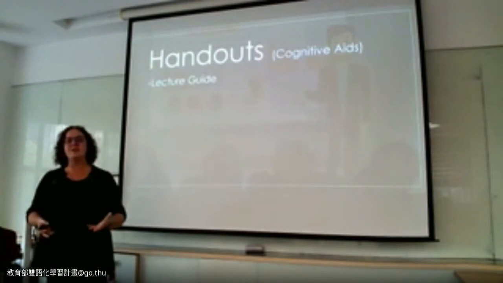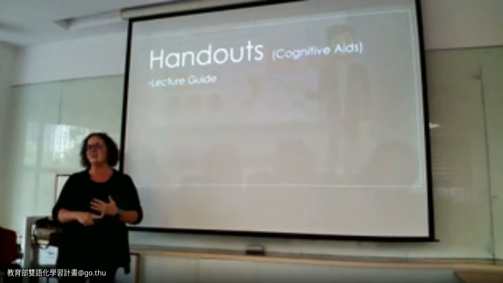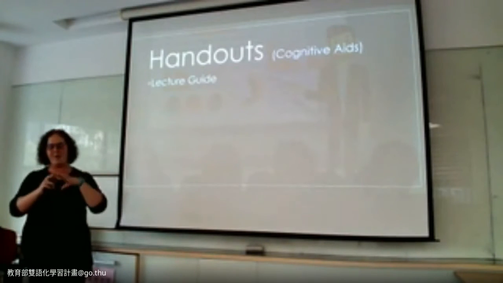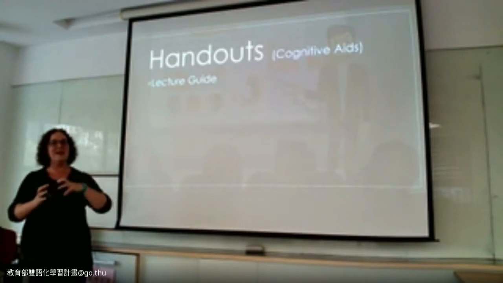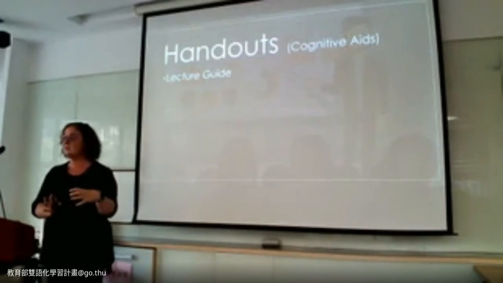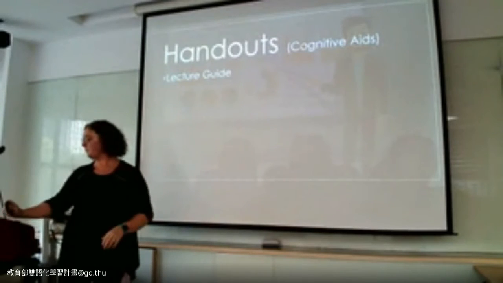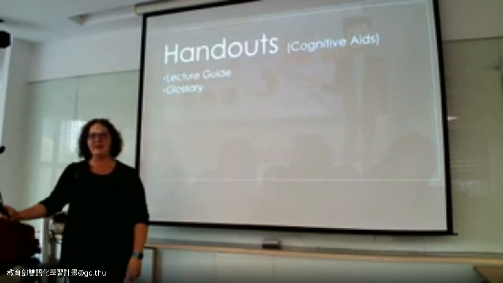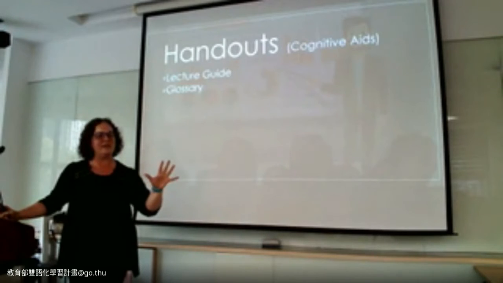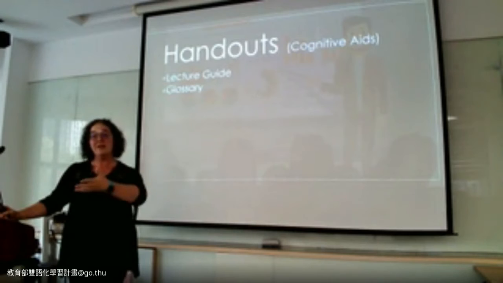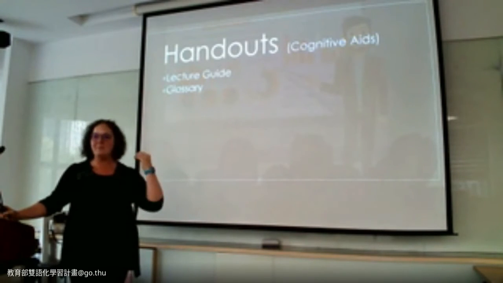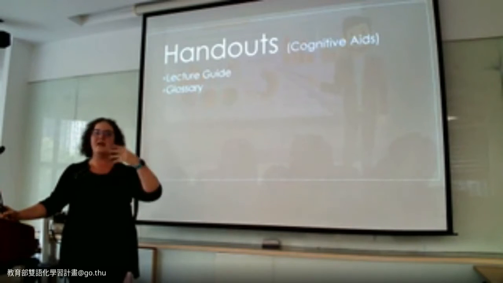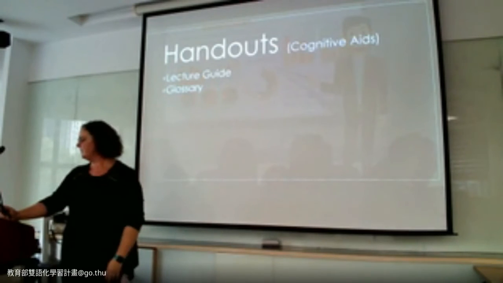Examples of handouts that can be used in an EMI classroom include a lecture guide. You provide however much detail you want to go along with the textbook content, a guide for your lecture. It could be short, it could be long, it's up to you. A glossary: these are the 5 words that you must know the meanings of before you can understand today's lecture. Give it to them ahead of time, let them look up the words, or give it to them at the beginning of class, however you want to do it, but provide definitions ahead of time that they can access.